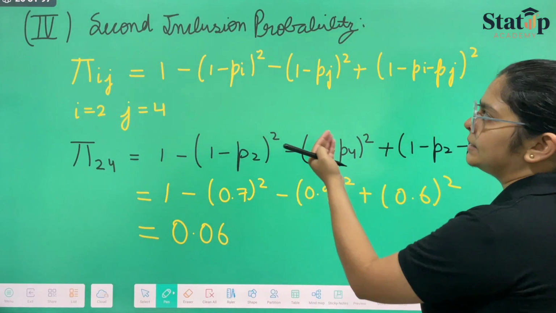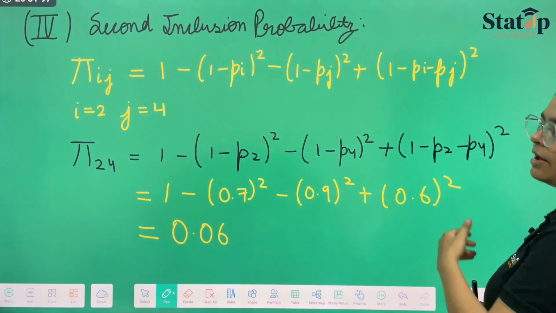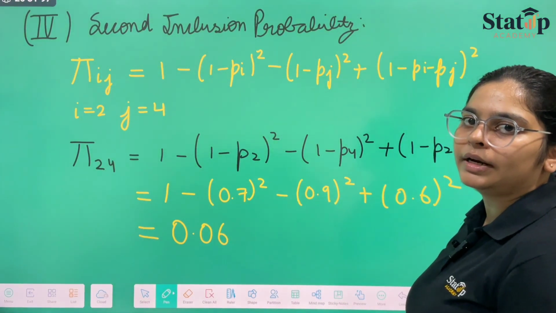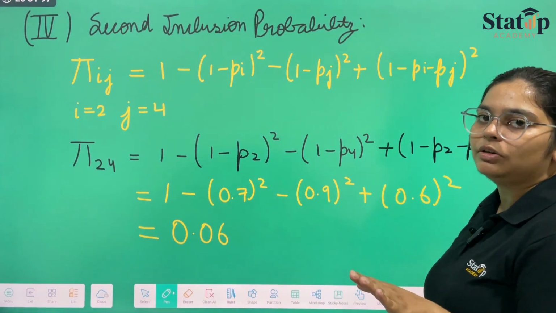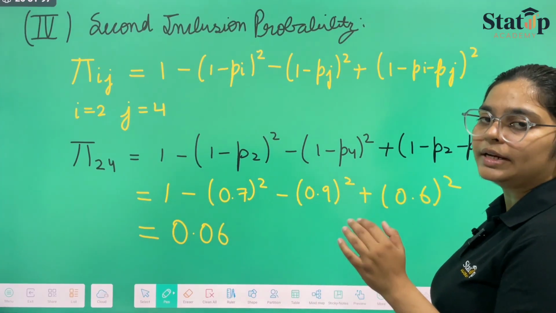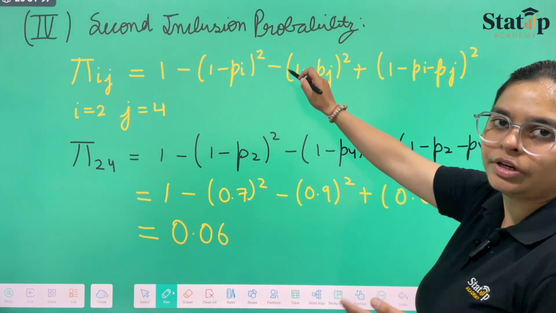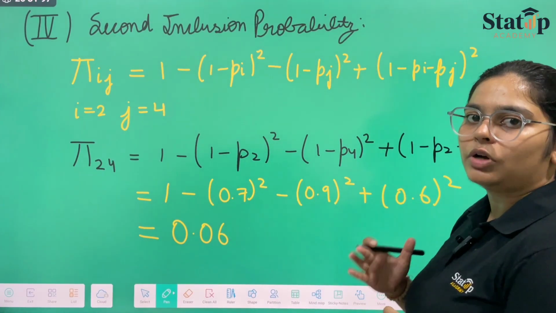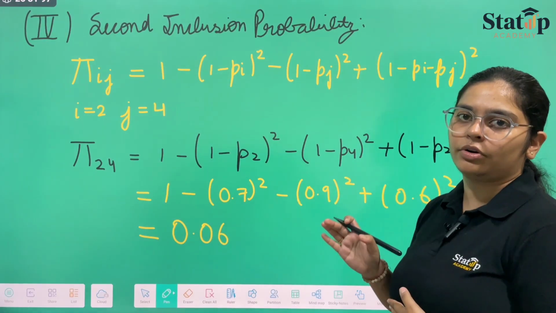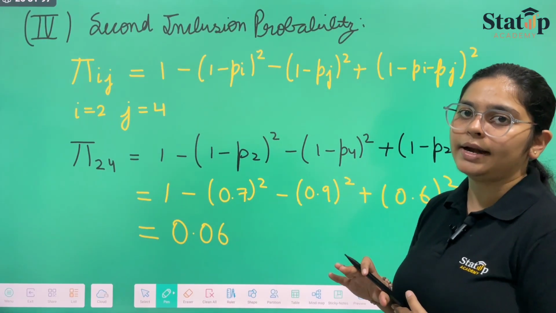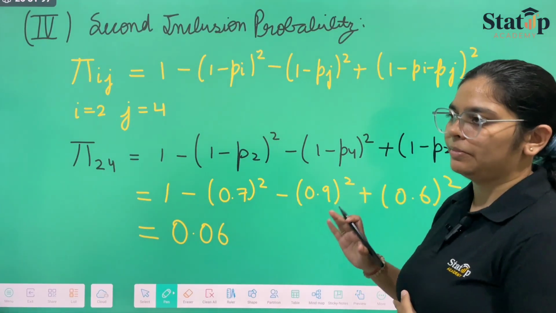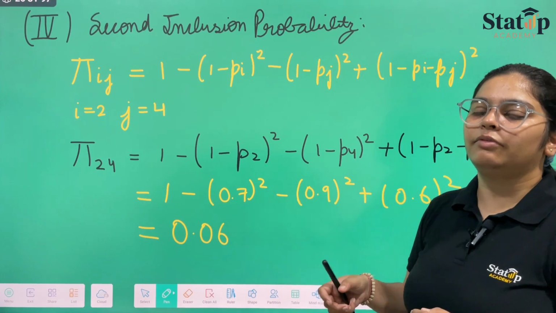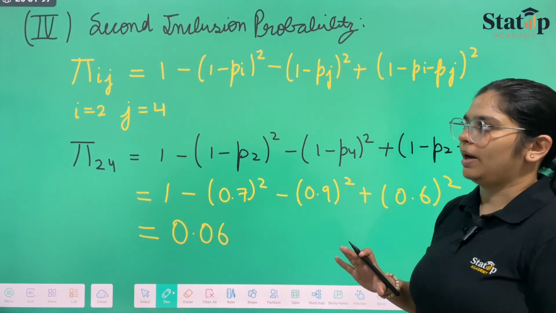Then we have to calculate the second inclusion probability, which has the formula as I have given to you. If it had included 3 draws or 4 samples, then the power would be 3, 4 and so on respectively. But in Horvitz-Thompson, we are only taught up to the second draw or second order probability, not more than that. Anything greater than this won't come in your examination. This is the extreme case that will come, or they can ask you only the Horvitz-Thompson estimator, which will be solved by just the first inclusion probability.